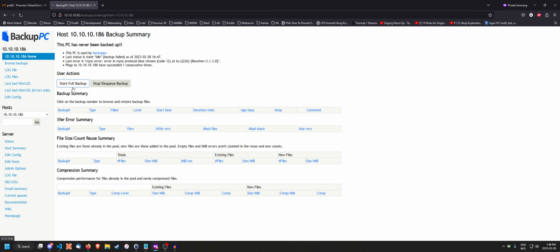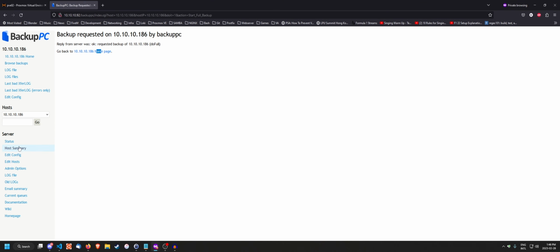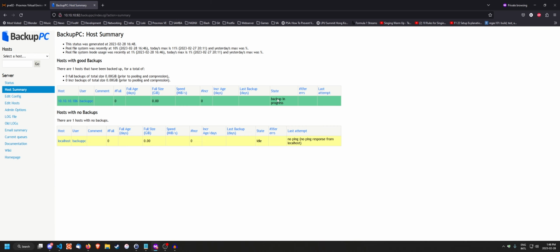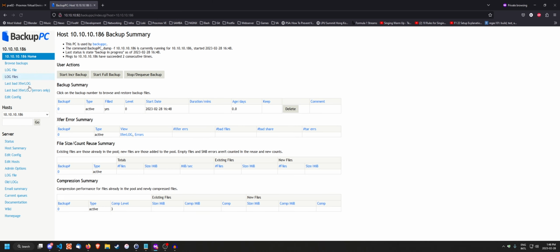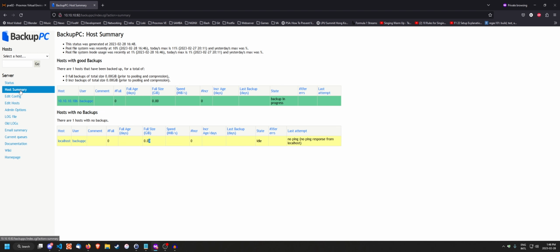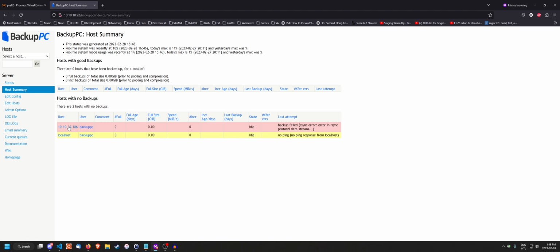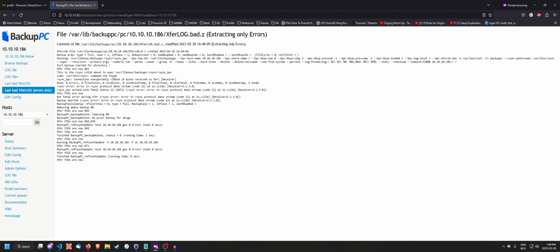And if we go here and do start full backup, you are going to see that the backup is going to be in progress. And if we do host summary, oh, it failed. Interesting. Okay. So this is another problem you might have, is you have to have rsync on your client installed. Now, this is unusual